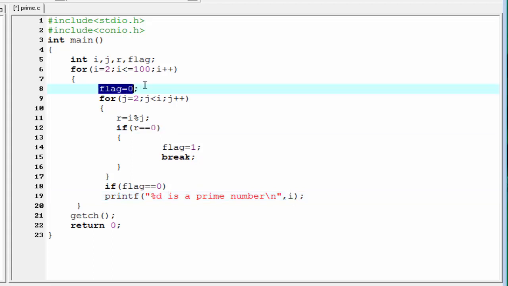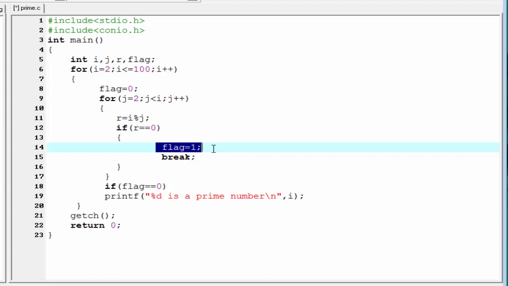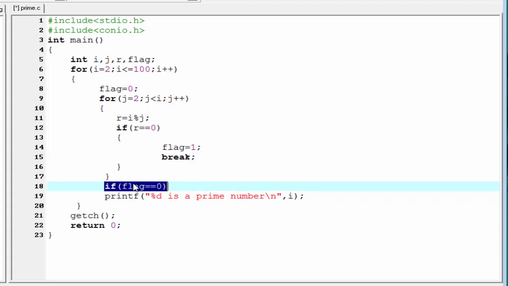Here we initialize flag equal to 0 and here we check whether the remainder is equal to 0 or not. If the remainder is equal to 0, we set flag equal to 1 and break out of this loop. When remainder equals 0, it means it is completely divisible by a number and it is not a prime number. When remainder equals 0, we set flag equal to 1, meaning when the value of flag is equal to 1, it is not a prime number, and only when the value of flag is equal to 0 is it a prime number. That's why we check this condition, if flag equal to 0. If it is true, then we can say i is a prime number. That's why